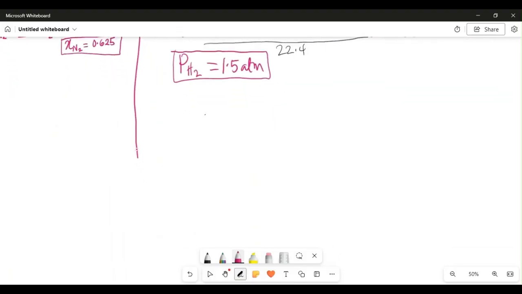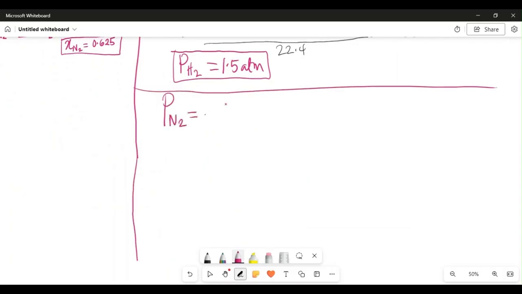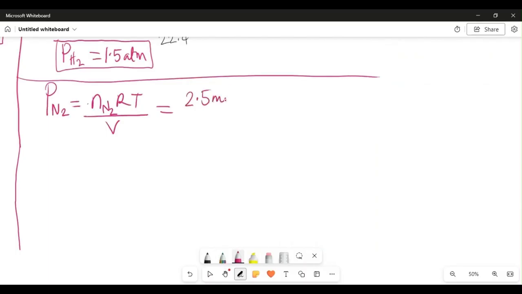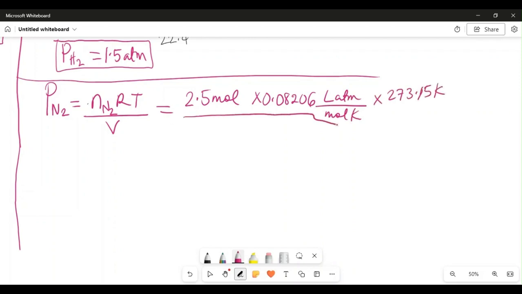Now the second part, which is the pressure of N2 gas, which is nN2 times R times T divided by V. That is 2.5 mole times R, which is 0.08206 liters atmosphere divided by mole Kelvin, times the temperature, which is 273.15 Kelvin, divided by the volume, which is 22.4 liters. So you cancel out the mole, the Kelvin, and the liters, and you end up with